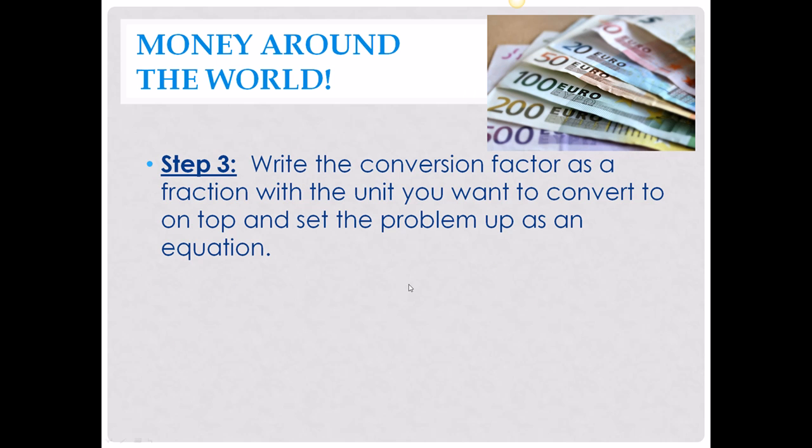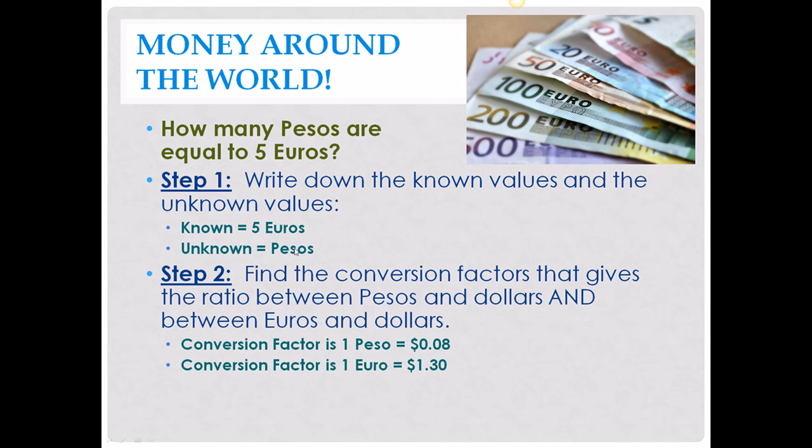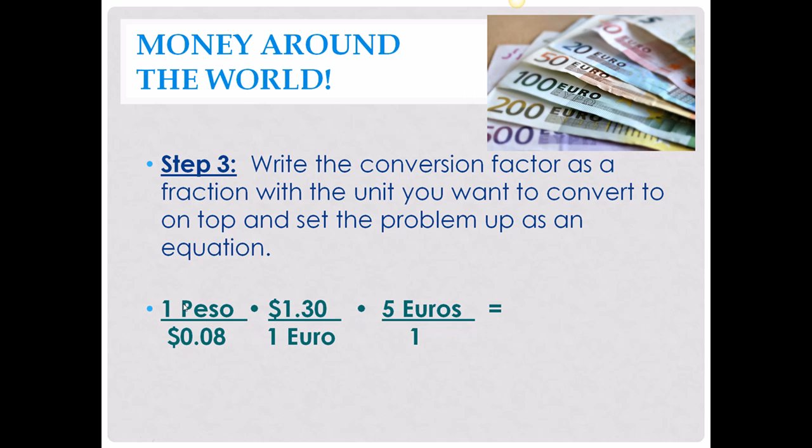Step 3 says write the conversion factor as a fraction with the unit you want to convert to on top. I want pesos on top. So when I write this fraction, this is the most important one here. 1 peso is 0.08 dollars. That's really important, so that way when I'm done, peso is in my numerator. Okay, 1 peso is